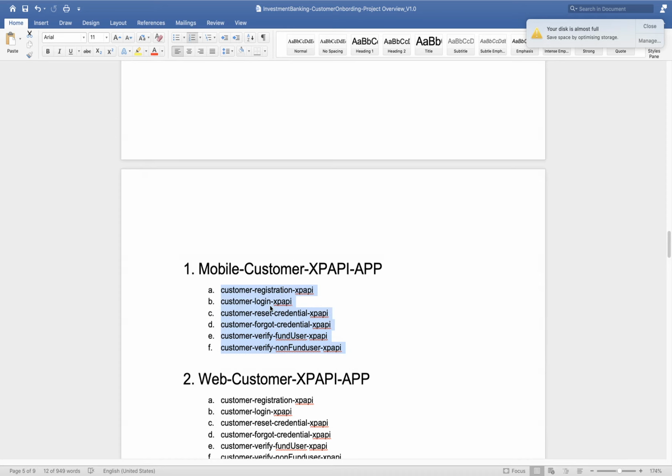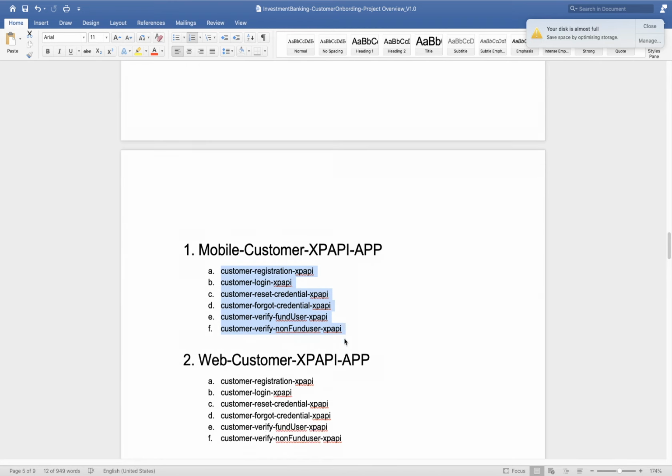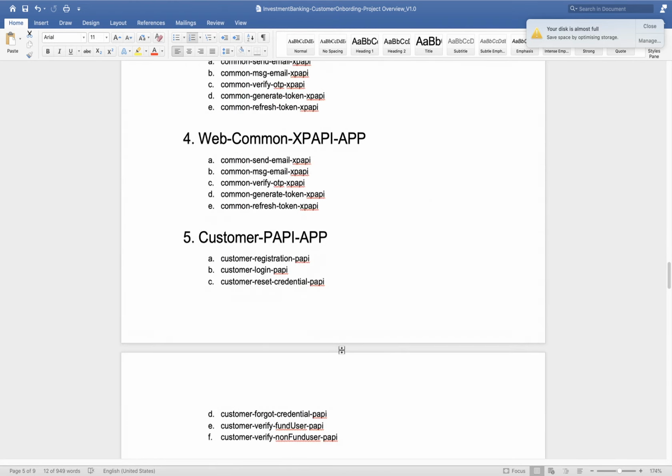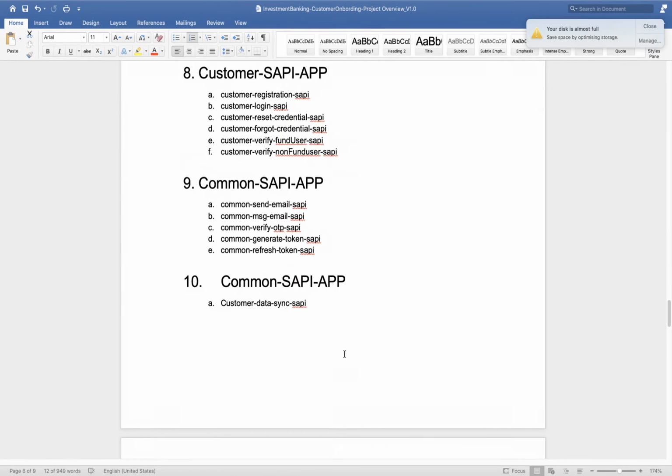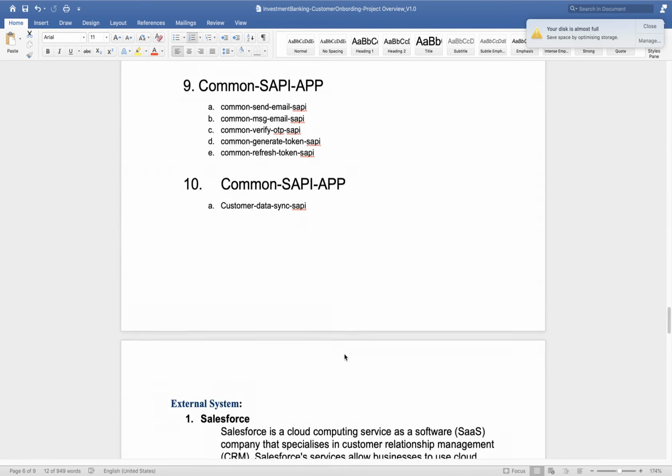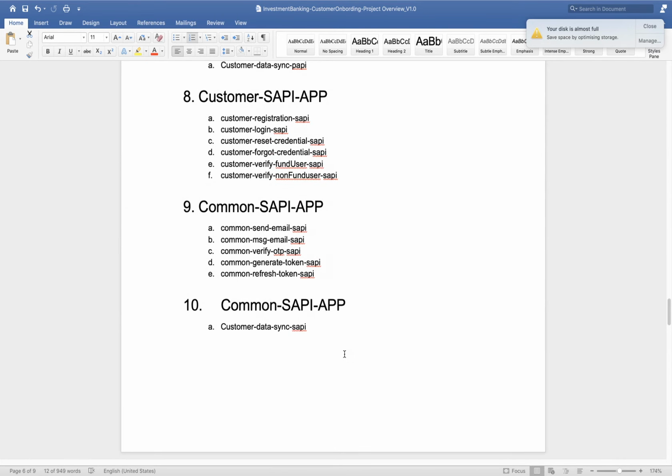So this many experience APIs we are going to develop in this particular Mule application. In the same way, you can see here we have multiple Mule applications and a set of APIs we are going to develop. Including all these 3 layers, we have 43 APIs.